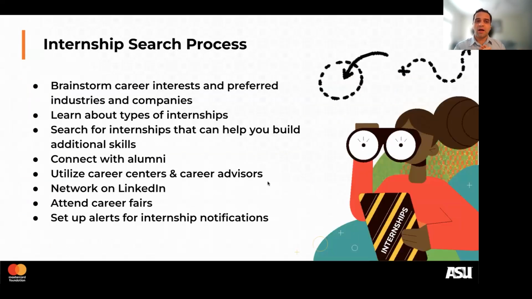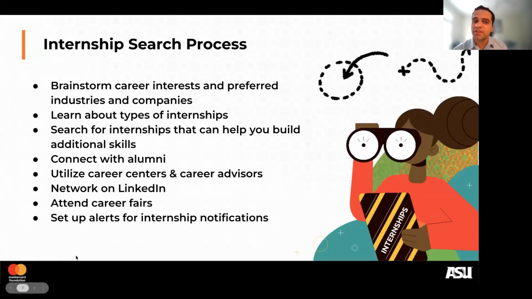Next, these were the key points, basically. I thought there was more, sorry, but those were the key points about what internships are for. The internship search process, how to think about it. I'm going to give you some key points that I hope will help you as guidance to begin thinking about the process.